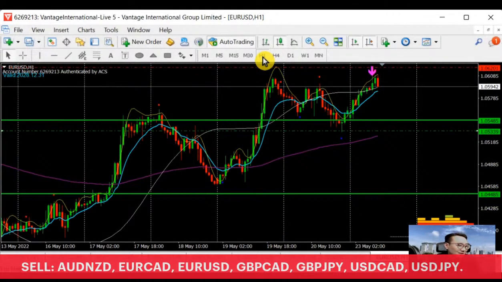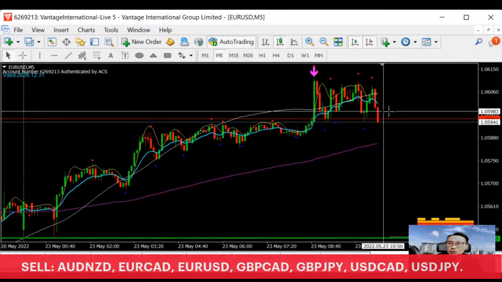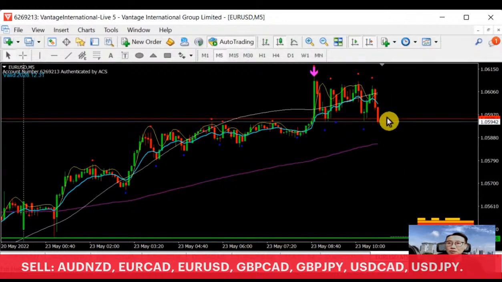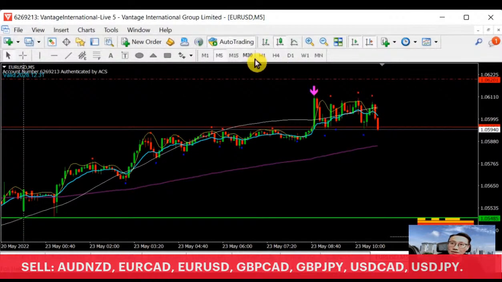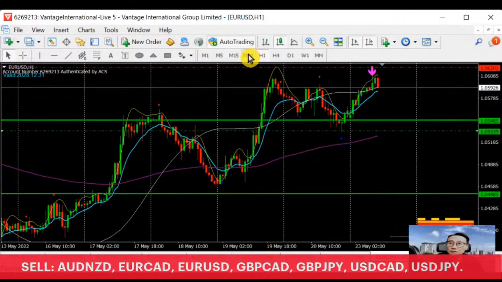Right, so now, Euro dollar. This is something we can pay attention to. Actually, it's building up a higher support, respecting the support level, moving upwards. So over here, we lower down the time frame. Right here we are actually experiencing the support area. I'm looking at the point for Euro dollar where it actually started to come for a selling signal. In H1, as you can see, it's building up a selling signal over here.